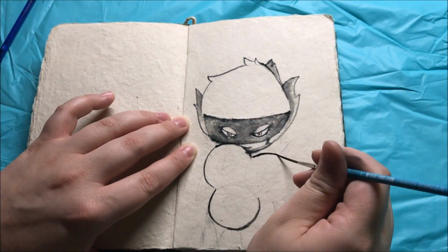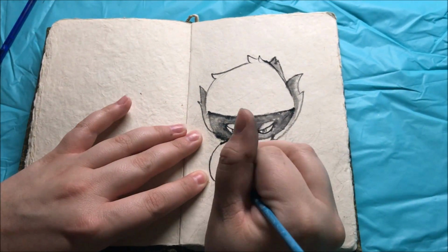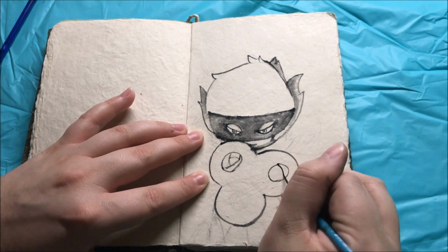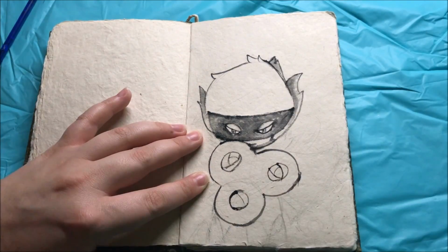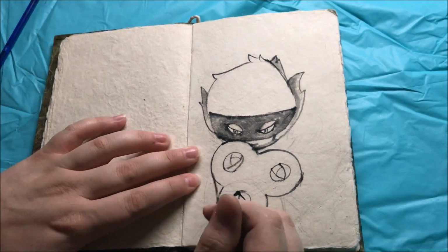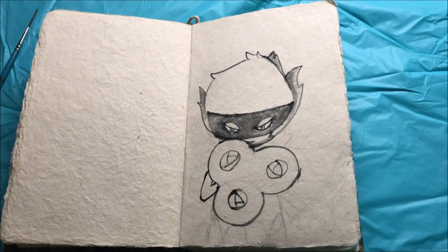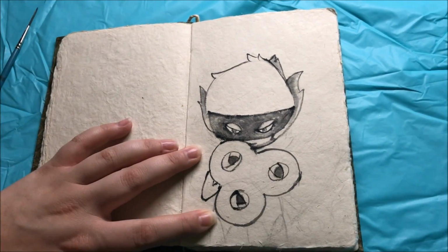So for this piece, I designed it in pencil first and sketched it on there before I decided to put any ink to it. Roserade has a bit of an interesting design to it. I tried going the whole mysterious route with it. Not too sure how mysterious it looks, but